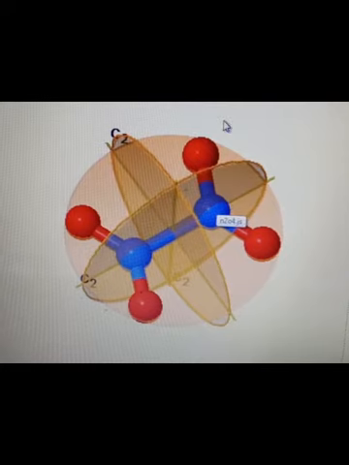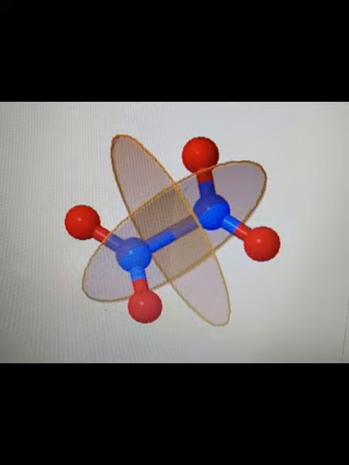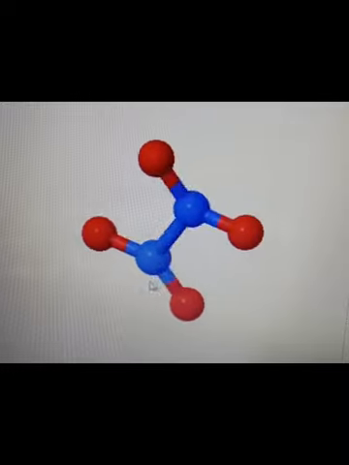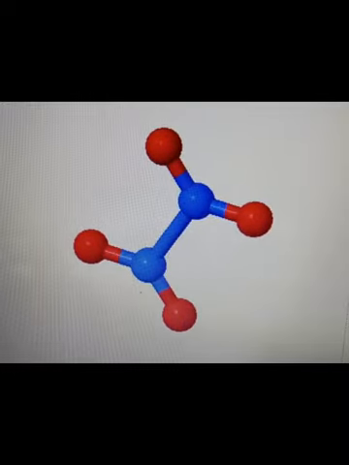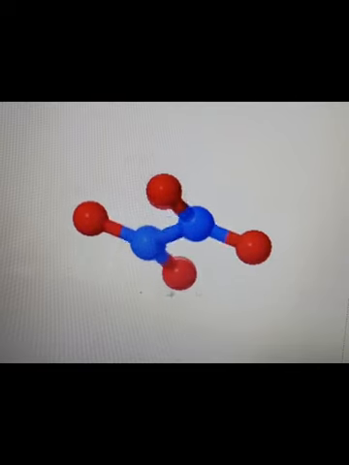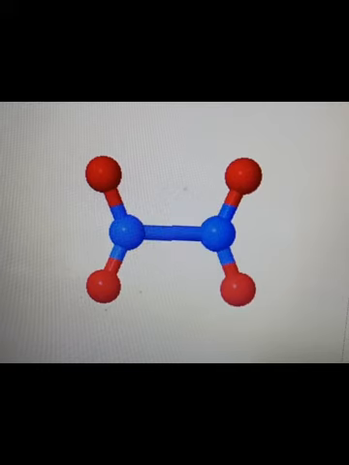I said that in D2H point groups, if the value of n is even, it has a center of inversion, and that can be shown like this, center of inversion. That is, from the center of the molecule, if you look at the opposite sides, it has similar groups matching on either side. Therefore, we say it has a center of inversion. So this is how we are going to represent the center of inversion. So this is what regarding the D2H point group N2O4.